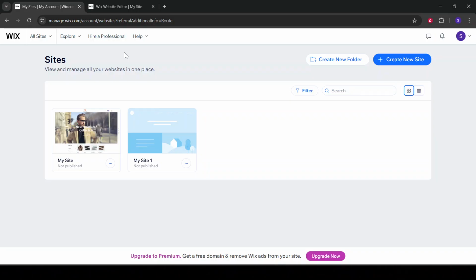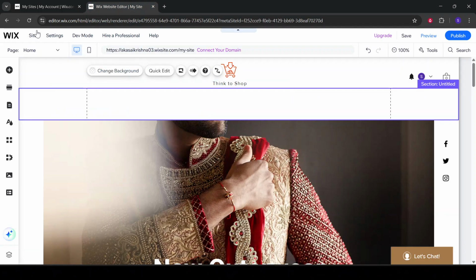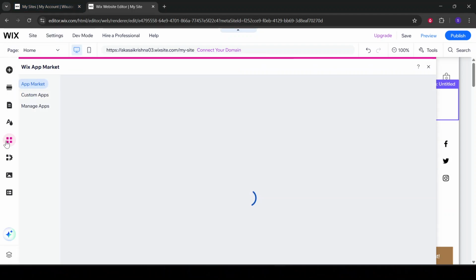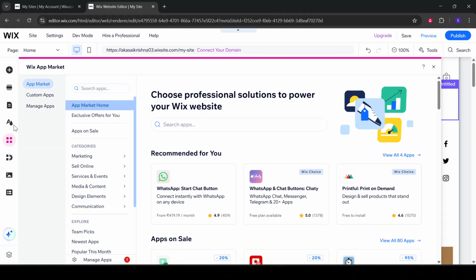Let's dive right in. First, you need to access your Wix account and open the dashboard of the website where you intend to add the chatbot. Once you've got your dashboard open, navigate to the App Market. You'll find this option conveniently located in the sidebar on the left of your screen. Think of the App Market as a one-stop shop for enhancing the capabilities of your website, including tools for integrating